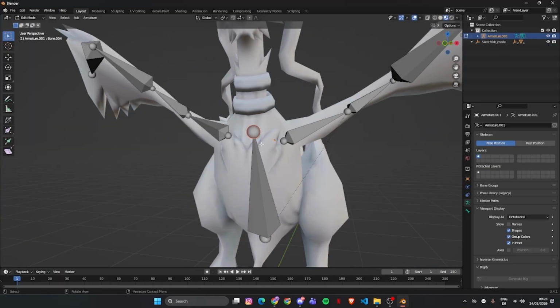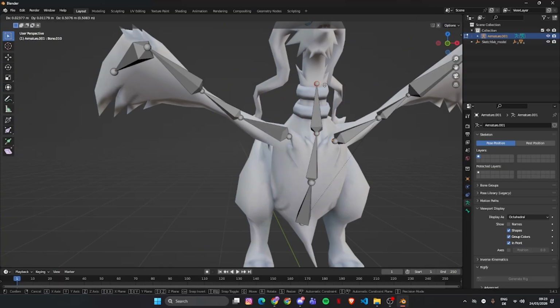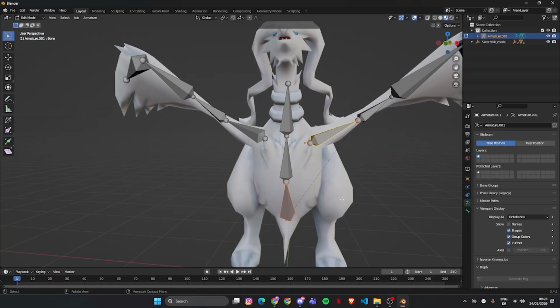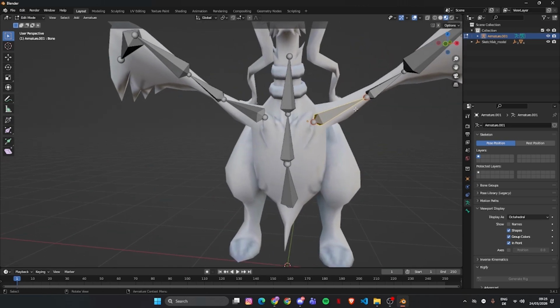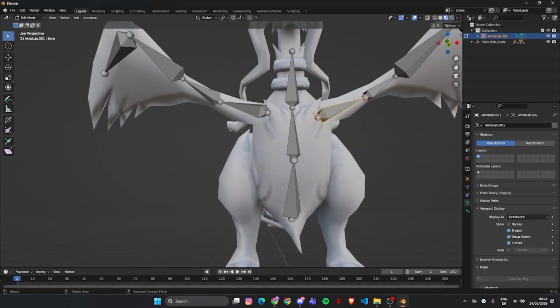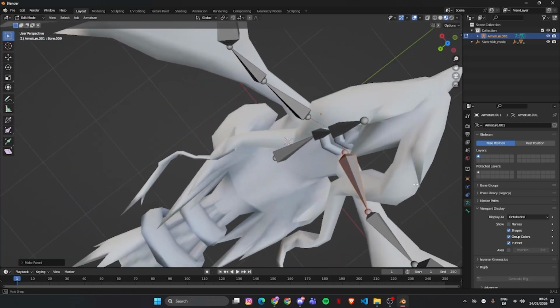It's important to also connect the armature in between itself, so that's what we're gonna do next. So we're gonna click on the one bone that we want to connect to the middle and the place where we actually want to connect this. I press Ctrl P and click on keep offset. We're gonna do the same here. We're gonna click the bone and the place where we want it to connect, Ctrl P and keep offset.